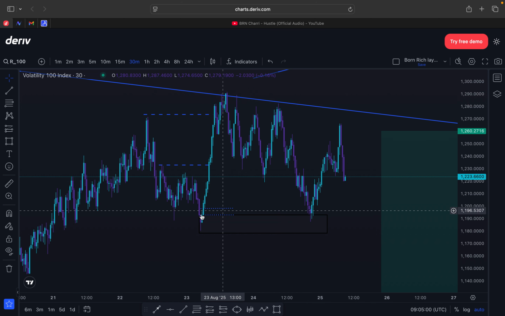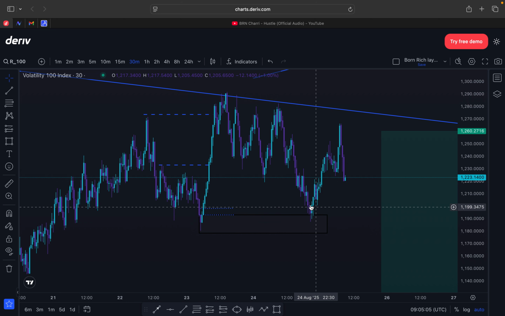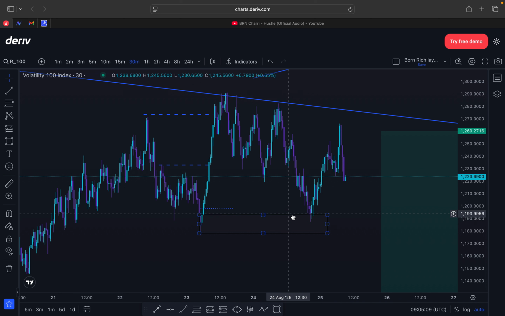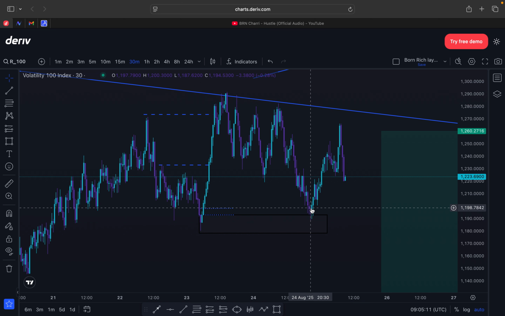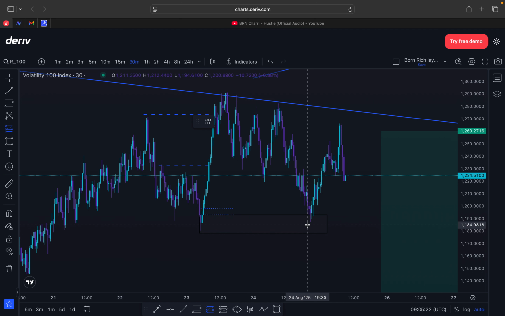When the buyers came in, they left a pending order, so the market had to retrace back to here. As you can see, the moment it got close to the fair value gap, it started to reject. There were a lot of rejections, and then it just went to the other block and boom, it went up. So this would have been a quick